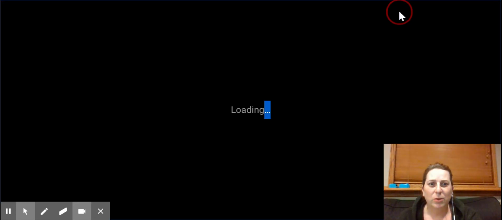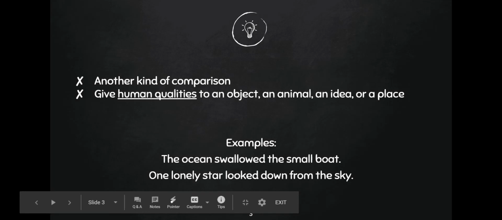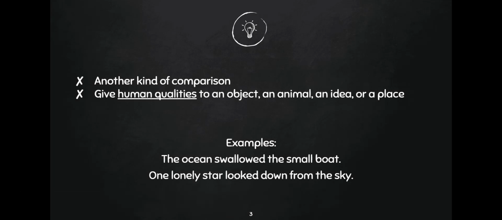When we are talking about this, just like we did the last time, we need to start with our definition. So, for personification, we are talking about another type of comparison. That's the interesting thing about the stuff we've looked at this week. They're all comparisons. How are we comparing two thoughts together that are not very similar, but using either it being something like it is something or using like or as. And now we're talking about taking an object, an animal, an idea, or a place, and we're giving it human qualities, which is a type of comparison.